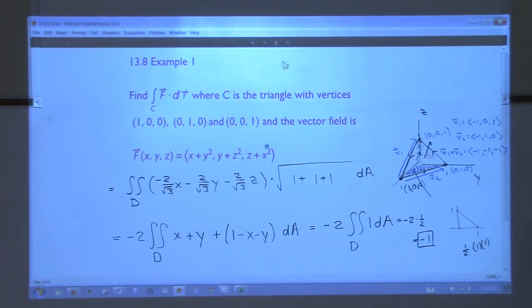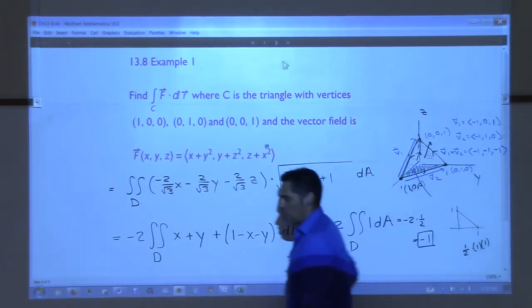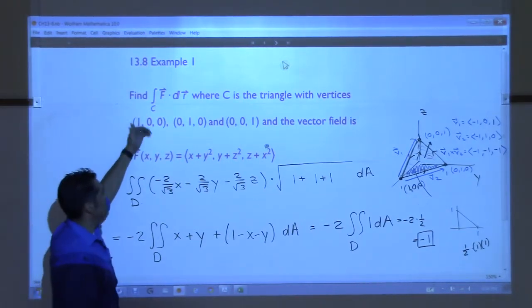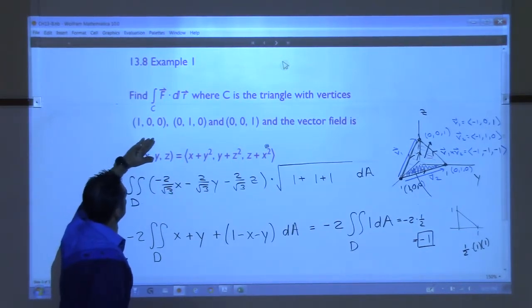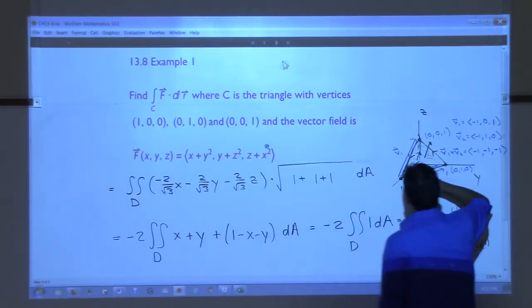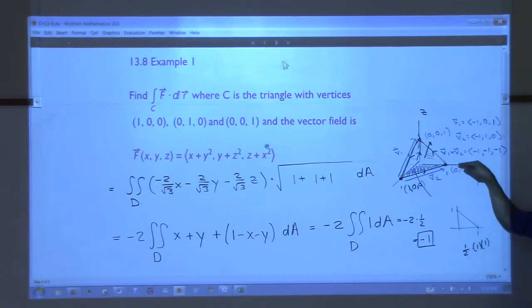Whew. Not quite sure, that seemed easier. Your other option for this one, if you didn't want to use Stokes' theorem, would be to find a parametric representation of the curve. So you'd have to find like 3 separate line segments, and then work your way around. Could be done, but